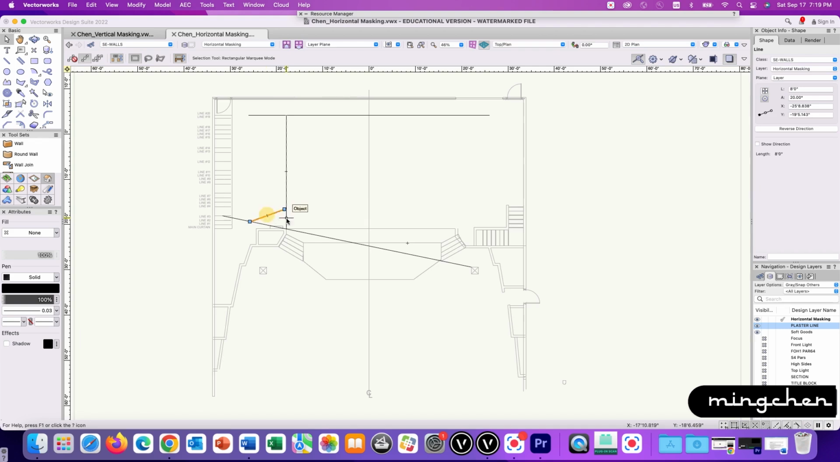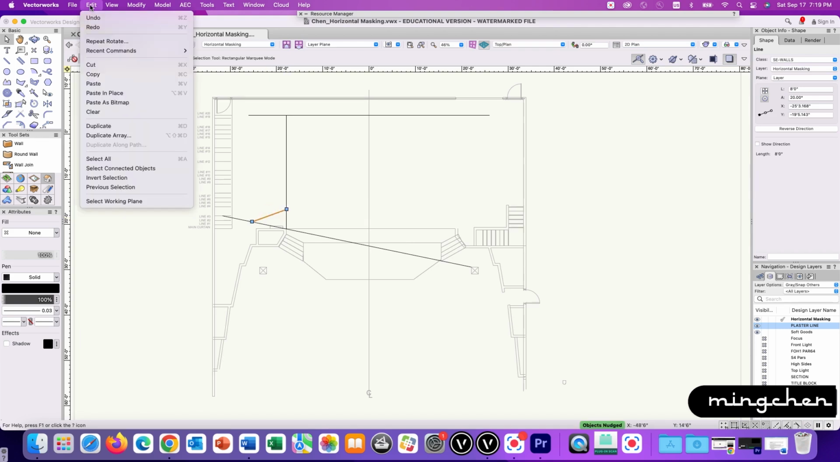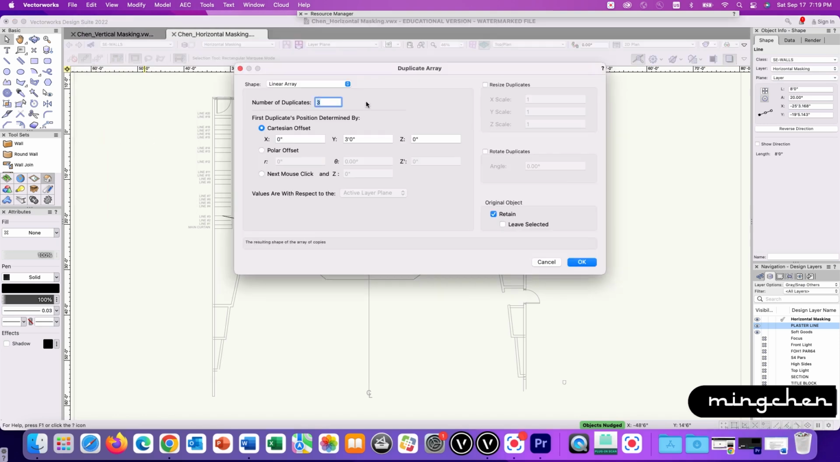When the leg is still selected, go to Edit located on the top menu bar. In the Edit drop-down menu, select Duplicate Array. When a dialog window appears, make the following selections. Shape, Linear Array, Number of duplicates, 3. Cartesian Offset,